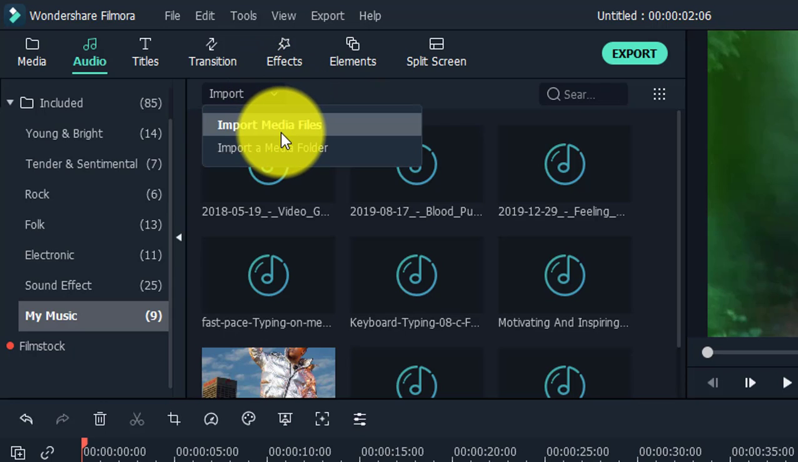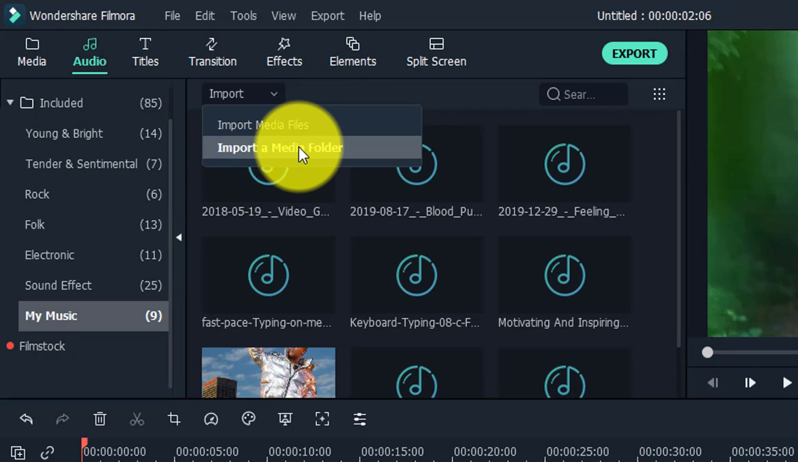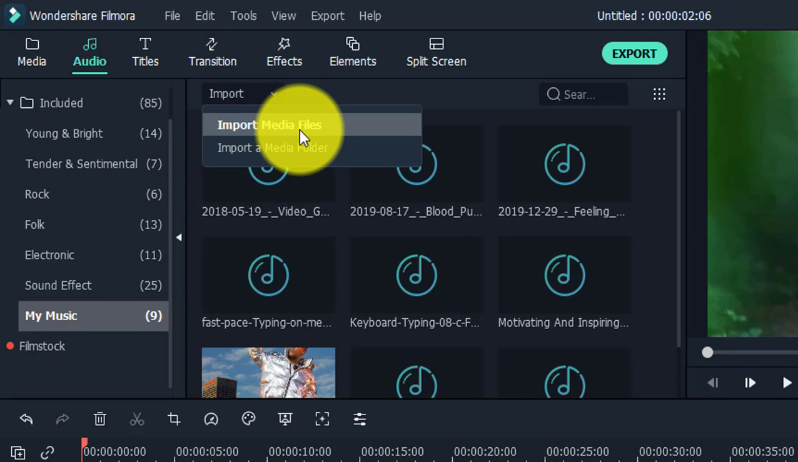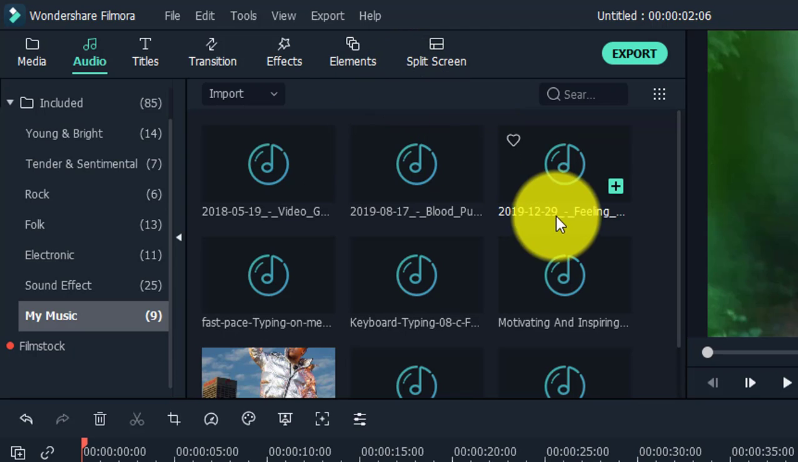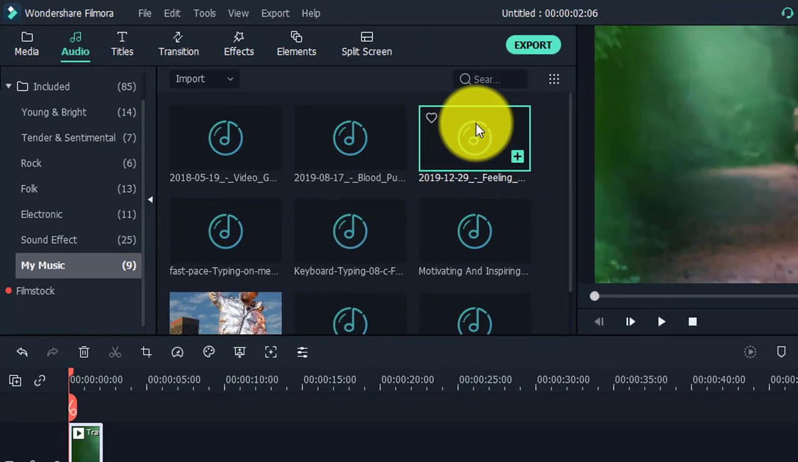You can see import media files and import media folder. If you have a series of audios organized in a single folder saved in your computer, you can just click to import. But if it's just a single file or multiple files in different locations, just click import media files and it's still the same thing. So I've imported my folder. Sorry, my